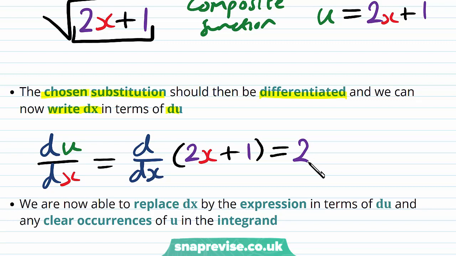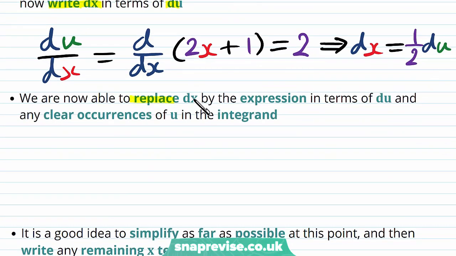Now, we should not really treat our du by dx as a normal fraction. It is a derivative, but in this particular case, it works out that we can, and we can rearrange this to make dx the subject. We get that dx is equal to 1/2 du, just by rearranging. We are now able to replace dx by the expression in terms of du, and any clear occurrences of u